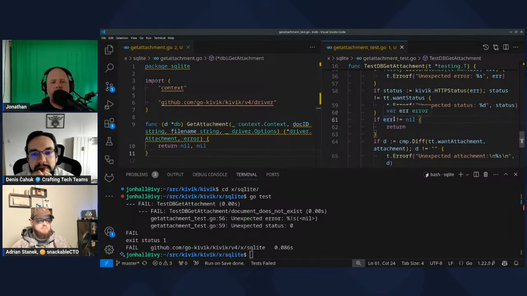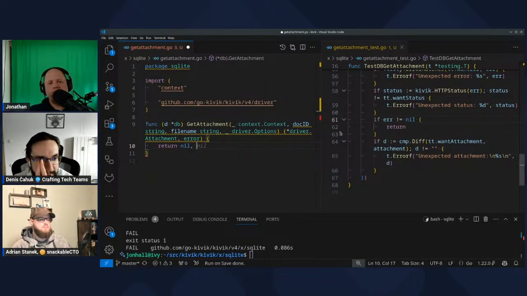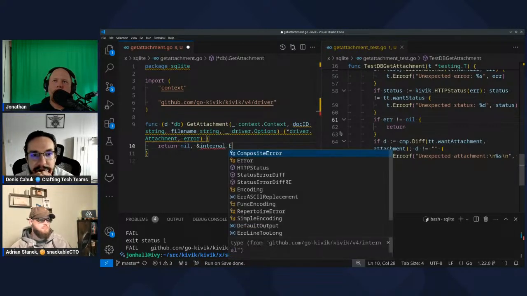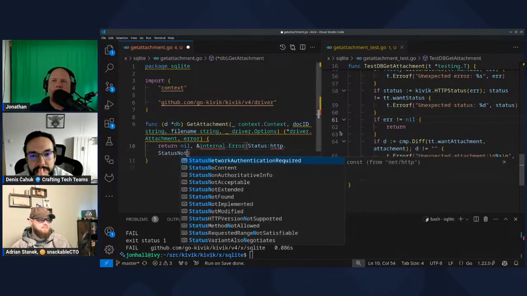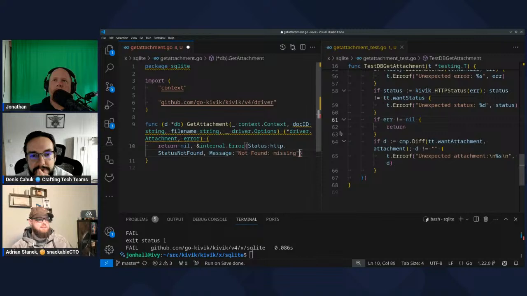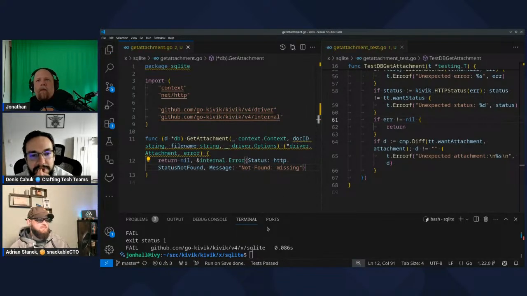So I would ask you to naively make this test pass. And how would you suggest you do that? I mean, if this is a 404 scenario, I would just, without any if checks, right? So I just want us to have cyclomatic complexity of 1. And to just go straight to the error case. Create a new error, whatever helper you're using to do that. And to make sure the error code is correct, the message is correct. And then we would write a second test to make the path diverge with some kind of if statement.